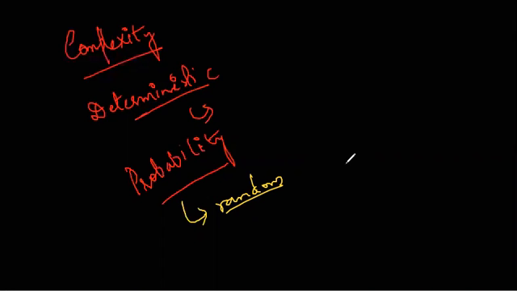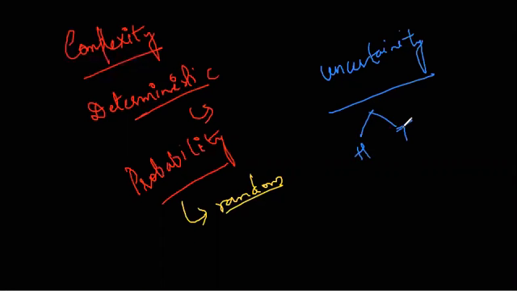probability theory can also help us answer questions that involve uncertainty. Suppose you're uncertain about something: what is the chance that when you toss a coin, a tail may occur? In that case, you are uncertain whether a tail may occur or you may get a head. If you have studied even a little bit of probability, you will know that there is a 1 by 2, or 50%, chance that a head or tail may occur when tossing